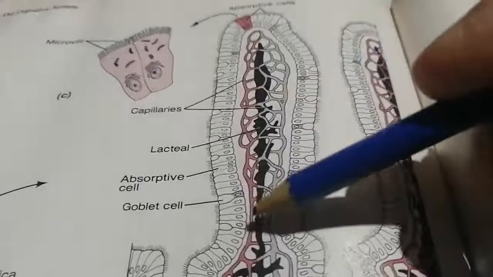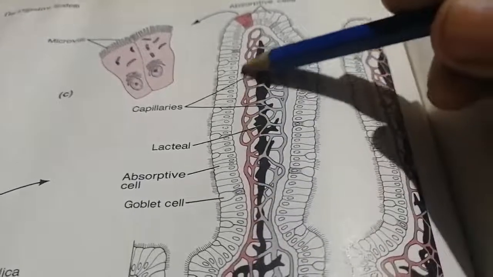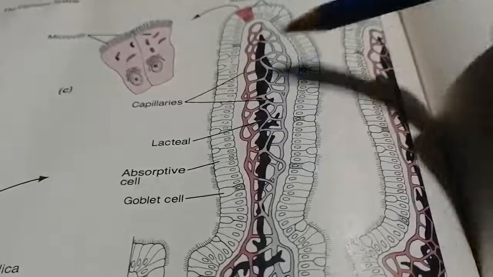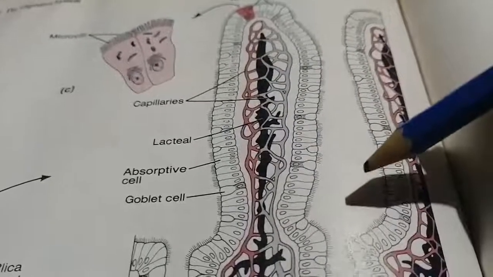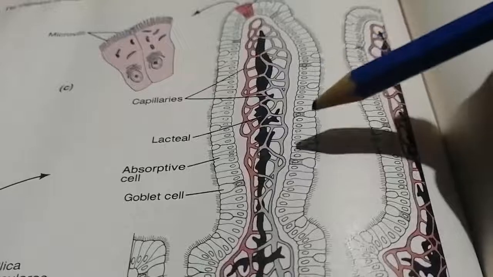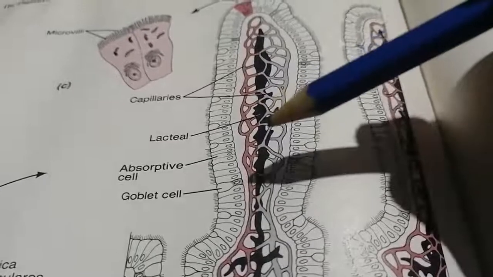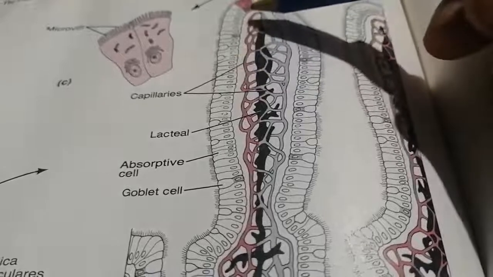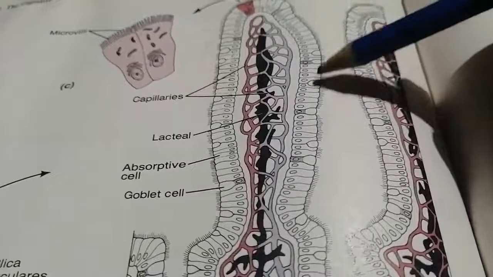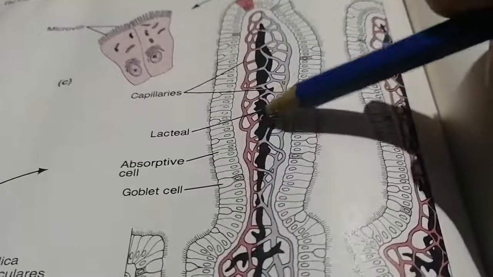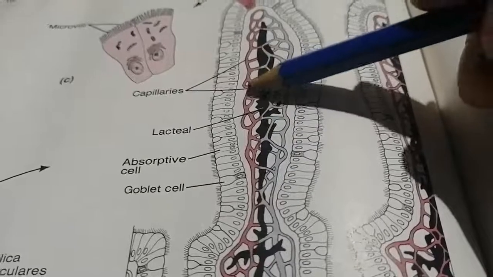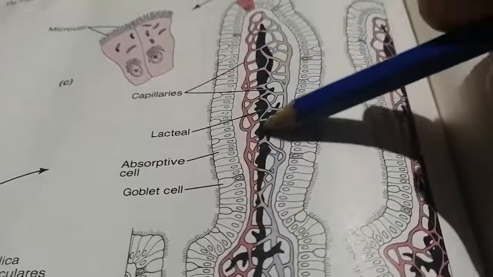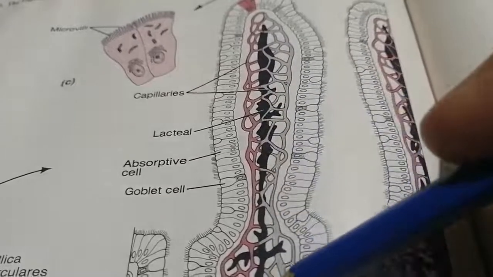Now, you can see it has got what? Finger-like projection. Okay, and here these cells are there, and the entire structure is called as what? Villi. Okay, villus is singular and villi is plural. Now what do you see here? These are the columnar cells. And in the inside of it, can you see here? These are the capillaries, isn't it? And the black one is your lacteal, that is your lymphatic capillaries.